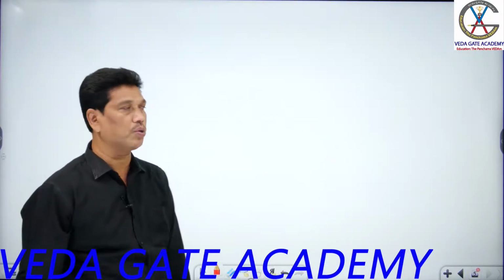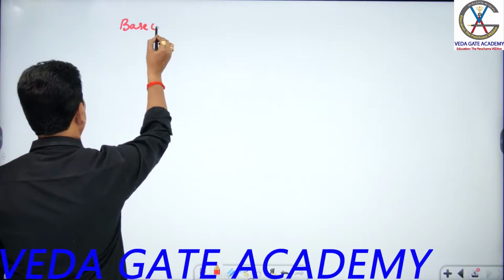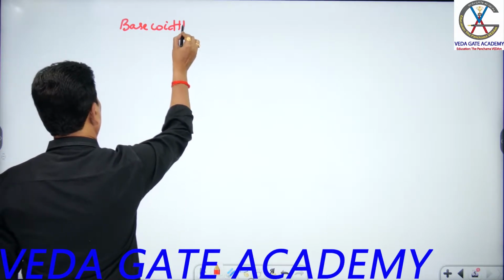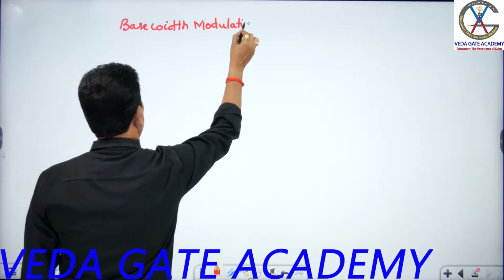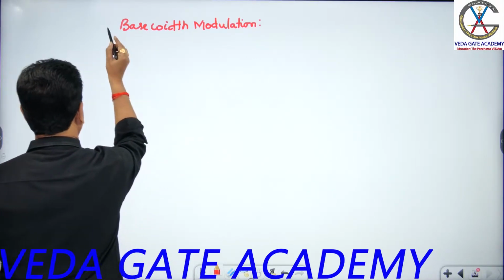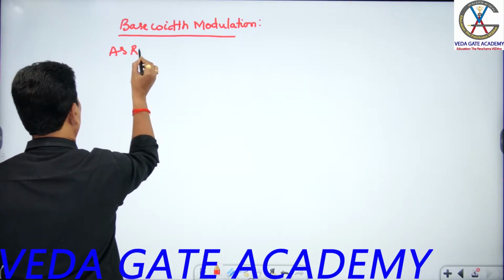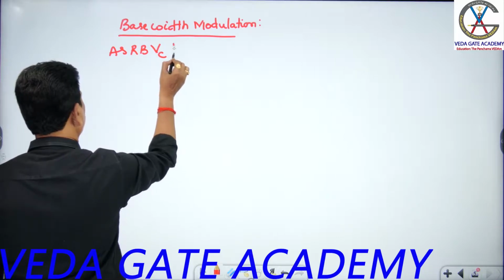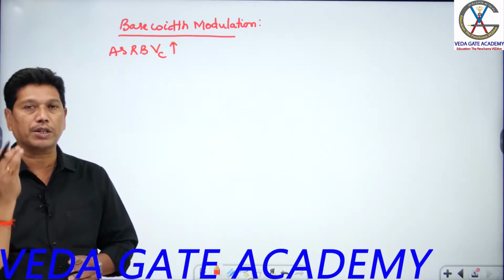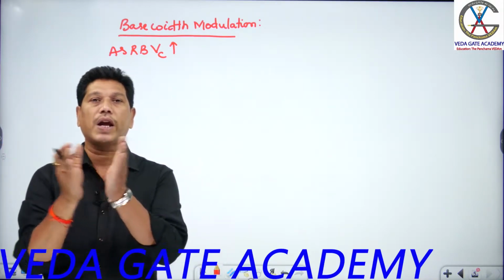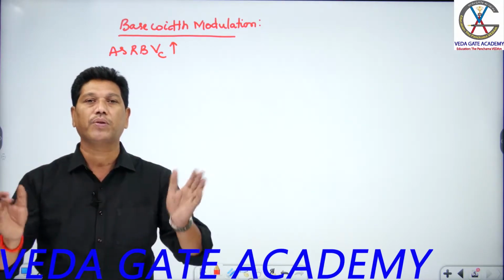Next, you check out base width modulation, you learn, students. Next, you discuss that base width modulation. So according to the base width modulation, you discuss what, students? Right, as the reverse bias collector voltage increases, what you learn, students? The barrier expands mostly into the base. Why does the barrier expand only into the base? Because the base is lightly doped. Confirm now, students? So due to the expansion of this barrier, the effective base width decreases.